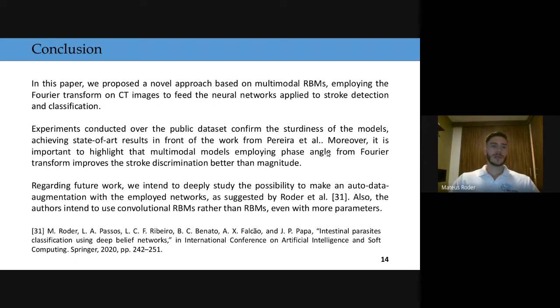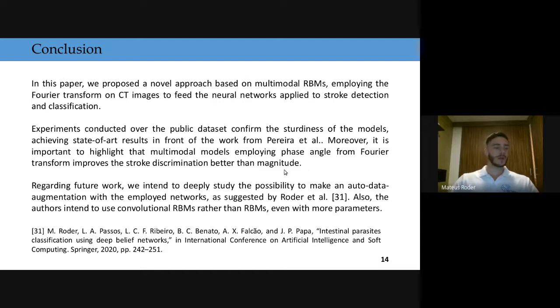In conclusion, in this paper we proposed a novel approach based on multimodal RBMs employing the Fourier transform on CT images to feed neural networks applied to stroke detection and classification. The experiments conducted over the public dataset confirmed the sturdiness of the models, achieving state-of-the-art results in front of the work from Pereira et al. Moreover, it's important to highlight that multimodal models employing the phase angle from the Fourier transform improve stroke discrimination better than